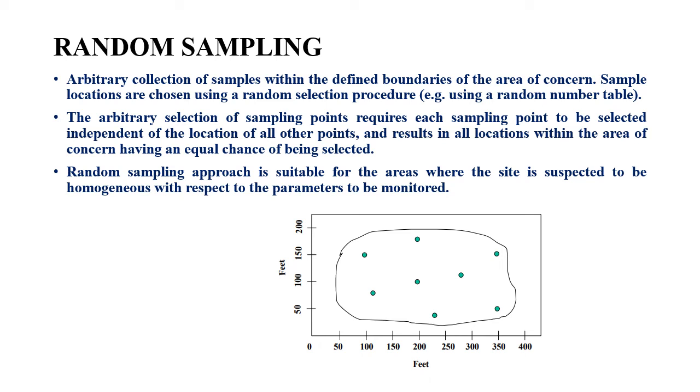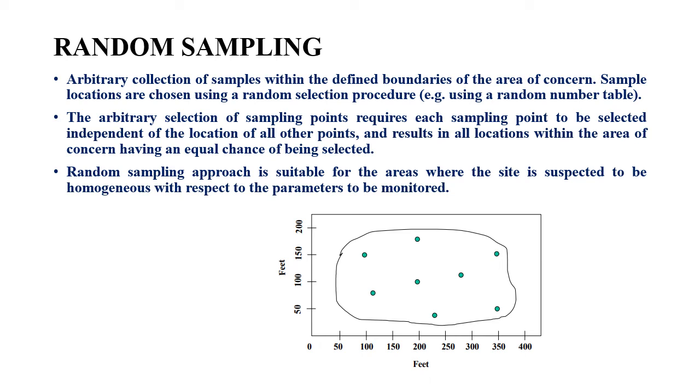Now, the second type of approach is random sampling. Here, when you have a contaminated land, you don't focus on one of the areas as the possible affected area of contamination. Rather, you choose n number of arbitrary sample points or sample locations over that entire contaminated land. Every point within the land will have an equal chance of getting selected. So randomly you will be selecting some points here and there over the entire contaminated land, obviously within the boundary of the site that you have chosen.